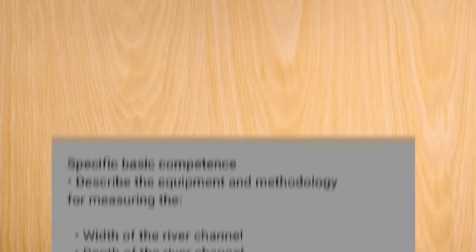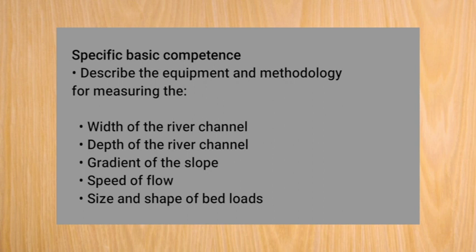We are going to break down our first objective into specific basic competencies so that we can deal with each measurement separately. The specific basic competencies are: describe the equipment and methodology for measuring width of the river channel, depth of the river channel, gradient of the slope, speed of flow, size and shape of the bed